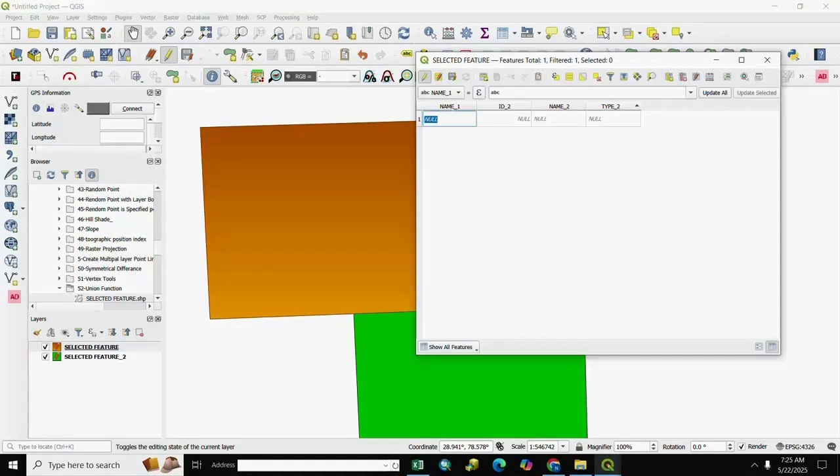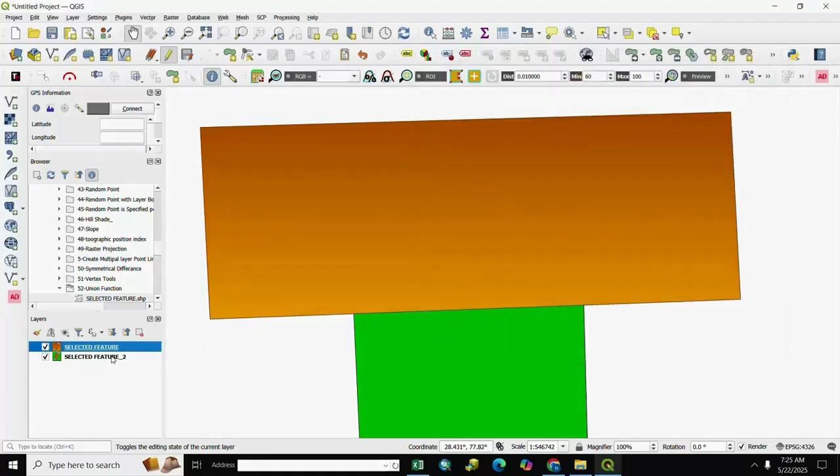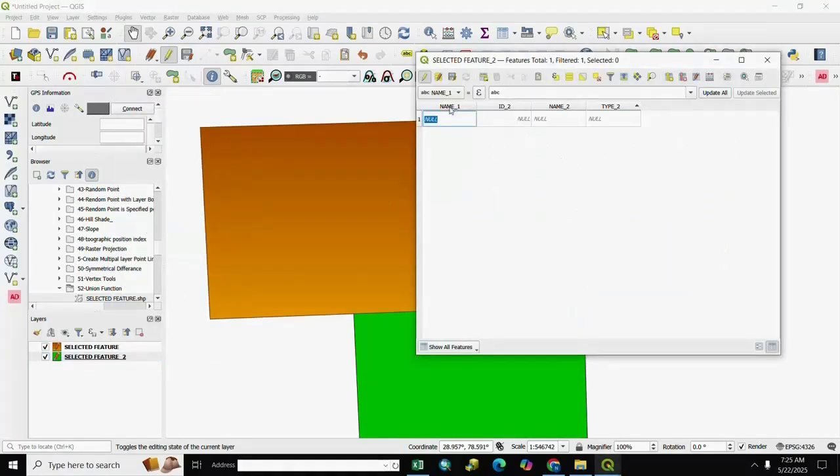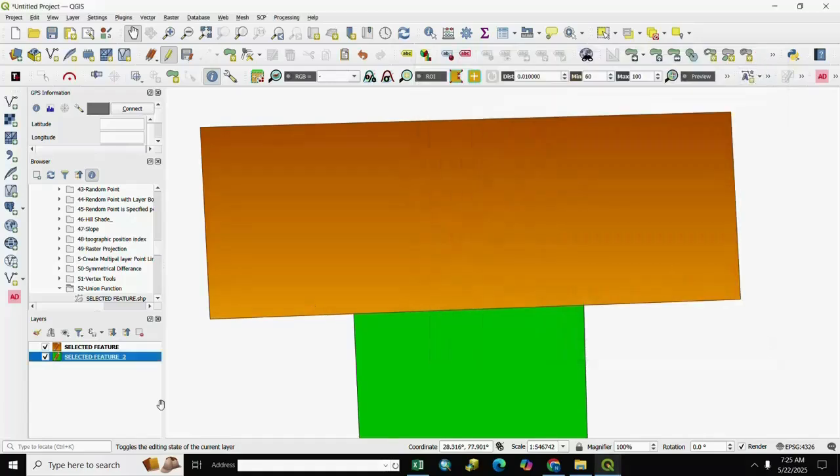Selected feature 1 has name 1, id 2, name 2 and type 2, and we see here selected feature 2. We right click and go to open attribute table, and see here name 1, id 2, name 2 and type 2, and we union it.